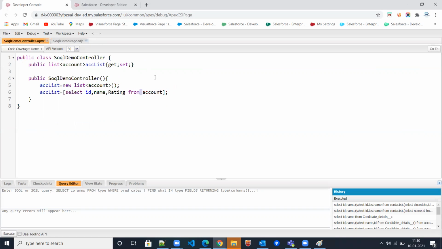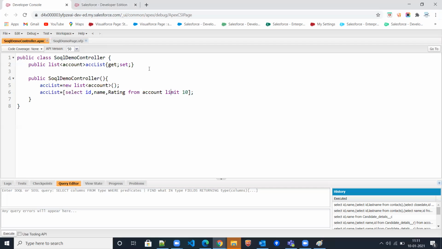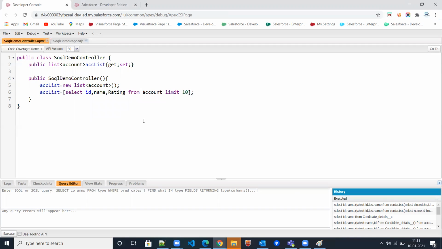So here we are fetching the data and directly displaying it from the database. If you want to add some limits, as I told you earlier, you can add all the filter criteria. I'll share one technical document with you. From the technical document you can find a lot of queries and filter criteria, like how to write a query, ascending order, descending order, order by, and so on. That is very good, and I think it will be very helpful for you. These are the things which are useful for you.